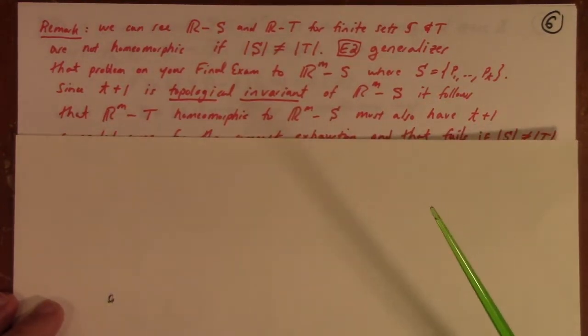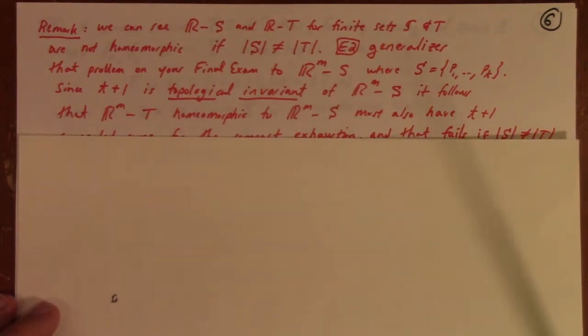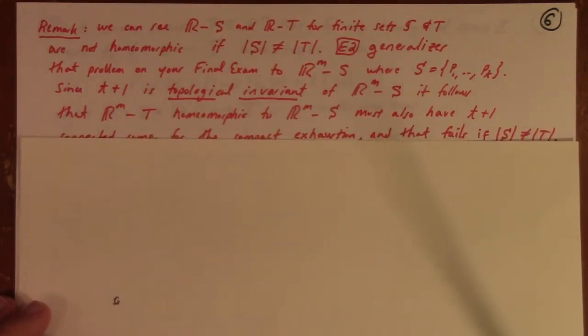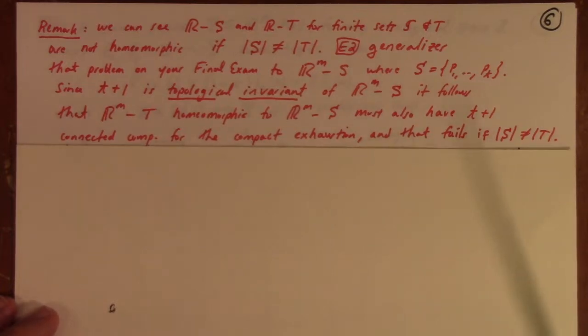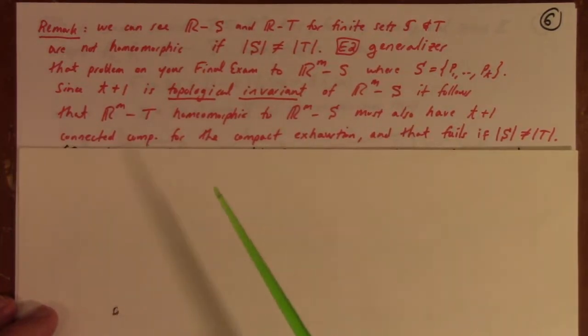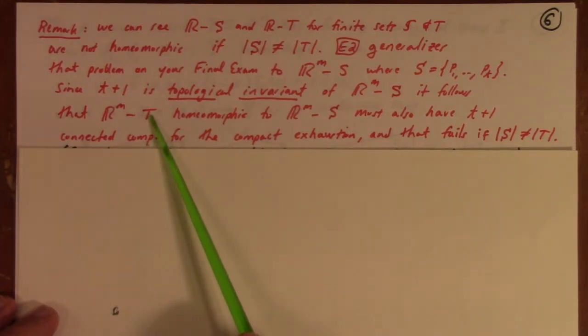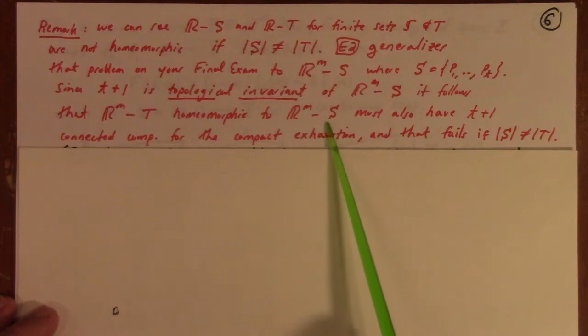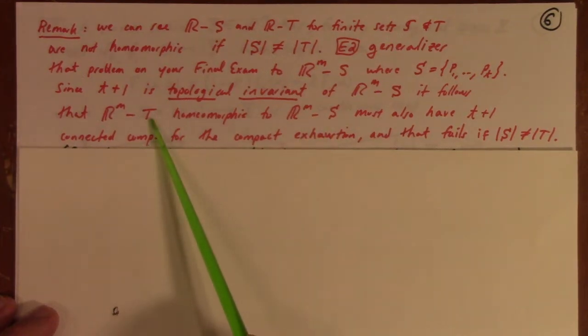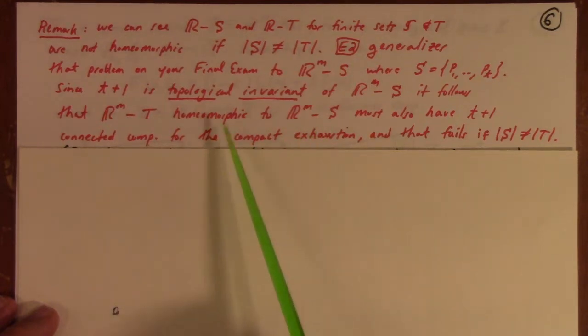So if you find one exhaustion and you can calculate the number of connected components with respect to that one exhaustion, then you've done it for all. And so as such, that says other things. That says that if you take Rm and you delete a finite set T, and you take Rm and delete another finite set S, and the cardinality of S and T are different, then